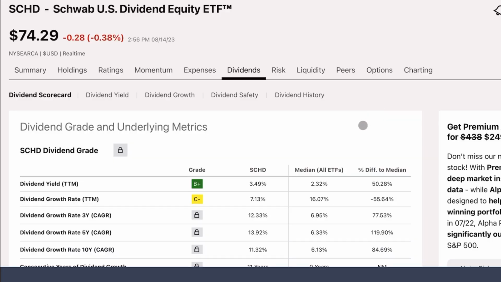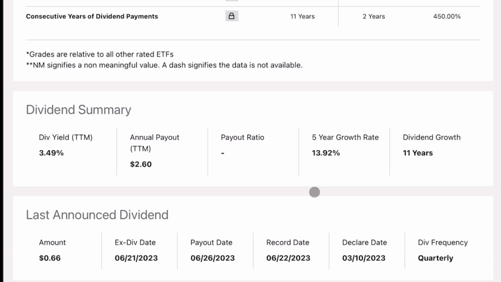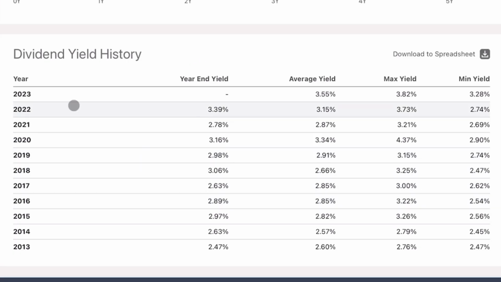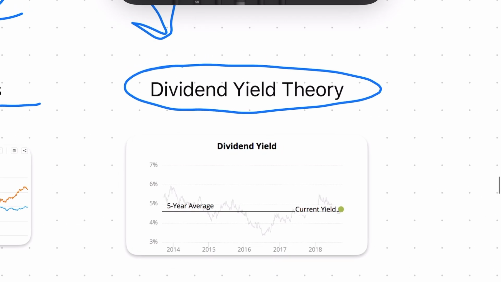And that can be very confusing because dividend growth is a major reason why people invest in assets like SCHD. They come to Seeking Alpha, they see that the dividend growth rate is in the double digits, and that leads them to believe that their dividend yield in the future is going to be 5, 6, 7, 8%. But even with SCHD, as we look back on the historical dividend yield, it is shockingly range bound. The dividends do grow over time from, in this case, 26 cents per share to a whopping 66 cents per share. And according to this theory, that is because of the close relationship between the earnings growth of a company and the amount they pay out in dividends.